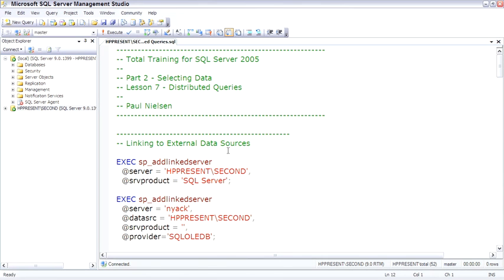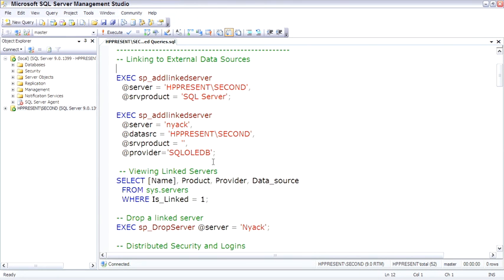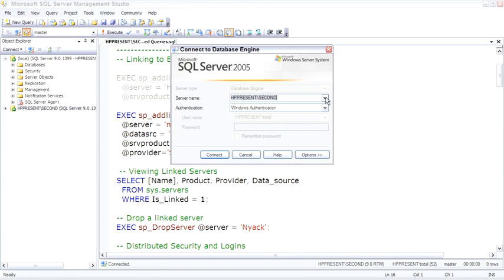So to establish these linked servers, the sp_addlinkedserver stored procedure will create the server, or we can do it through the GUI. I'll show you in code first, then we'll show you how to do it in Management Studio using Object Explorer. So we just basically give it a server name and a server product, and it will work. Right now I'm connected to the second instance, as you can see in the tab and the status bar. So let me change my connection back to local,